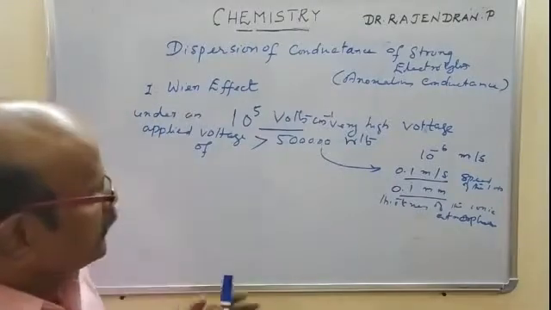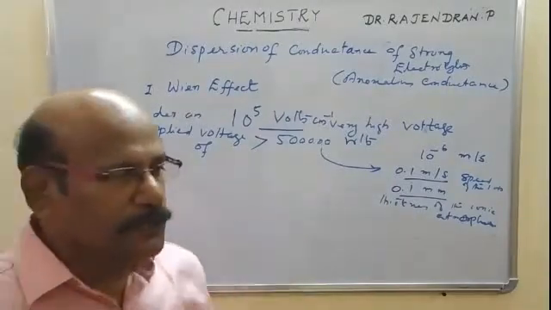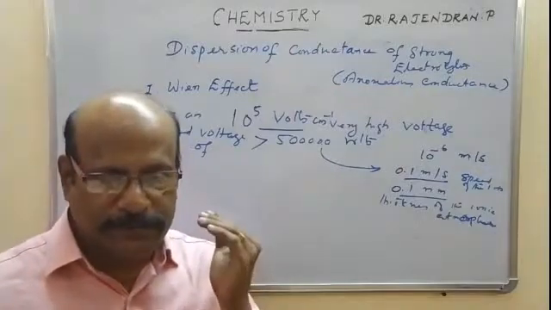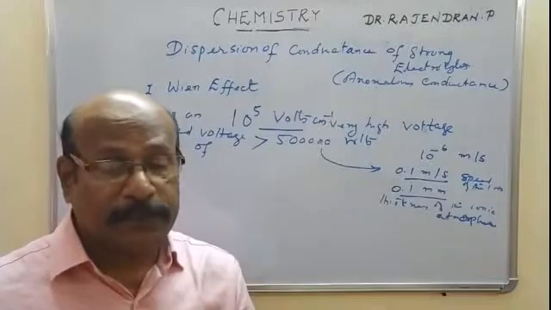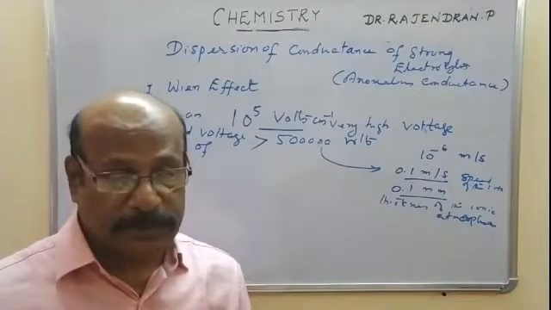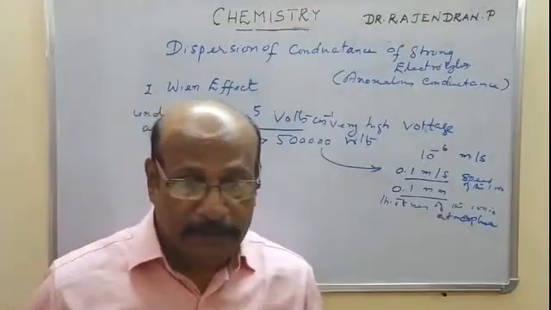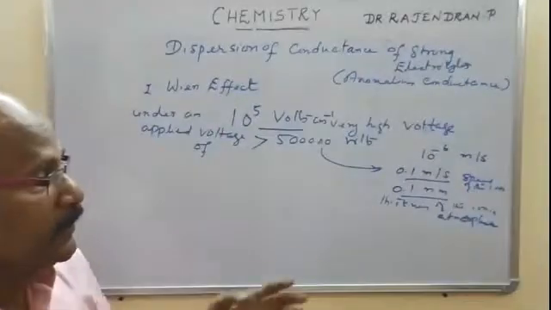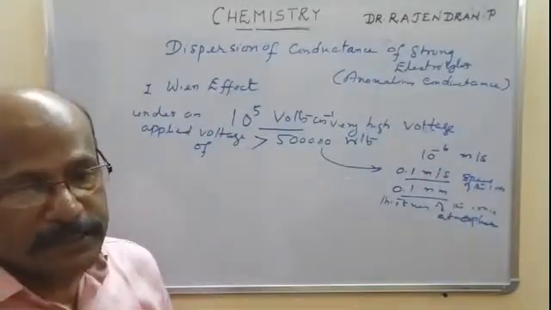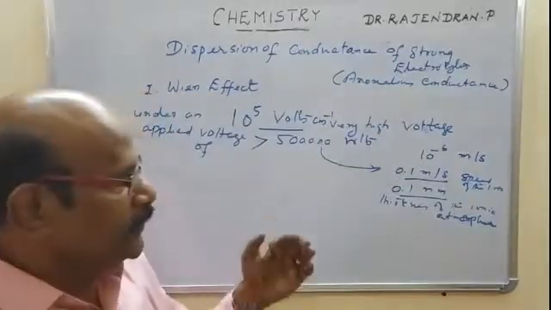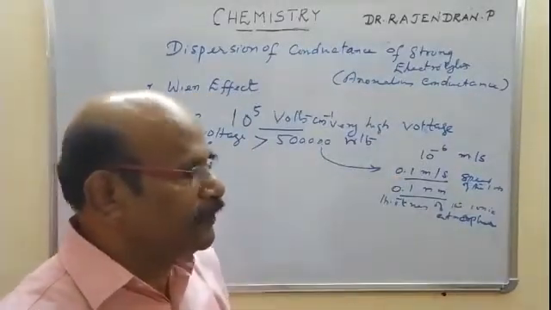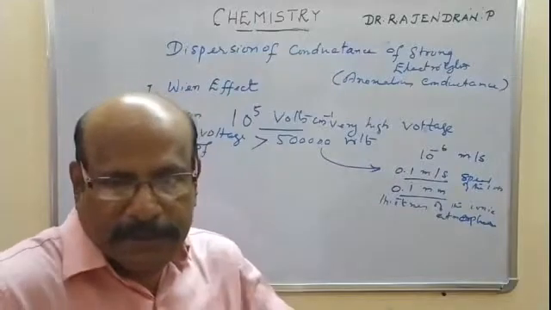And the explanation is that under a normal applied potential, the velocity of the ion changes only very slowly. But under a high voltage, the velocity of the ion changes considerably. That is, under a high voltage, the ion travels at tremendous speed, of the order of 10 meters per second. But the thickness of the